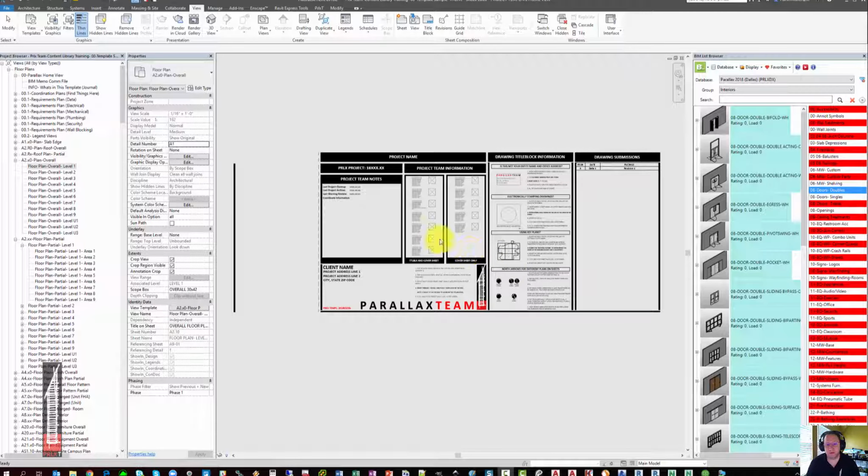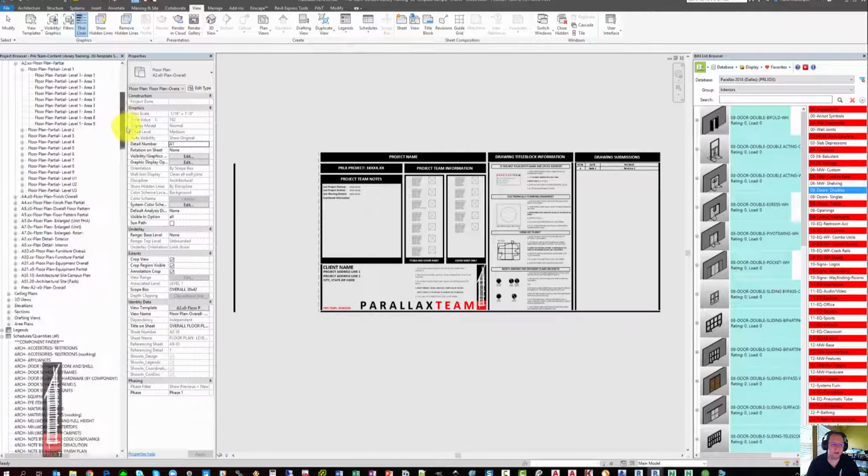This video will go over the material finish schedules that are present in the Parallax template. To start, if you scroll down to Schedules and Quantities, you'll find two schedules, Material Finishes and Material Finishes Working, which is a duplicate copy of the same schedule that has some fields unhidden to make editing the material finish